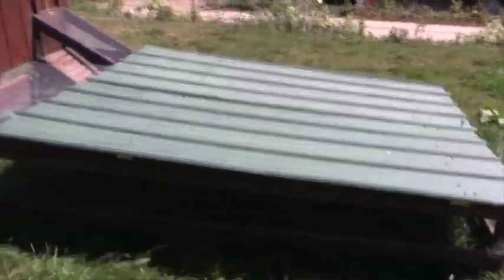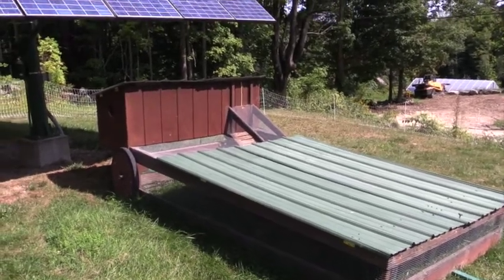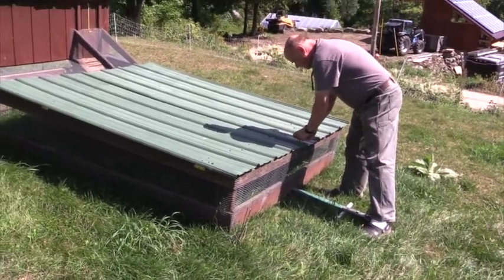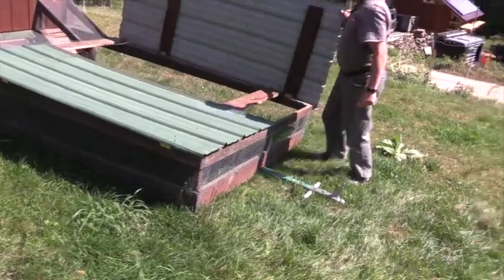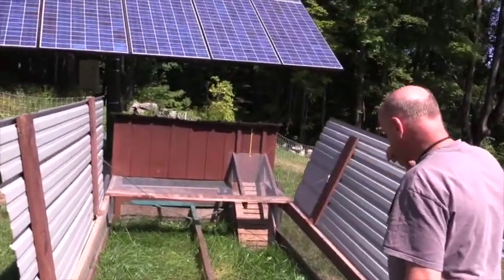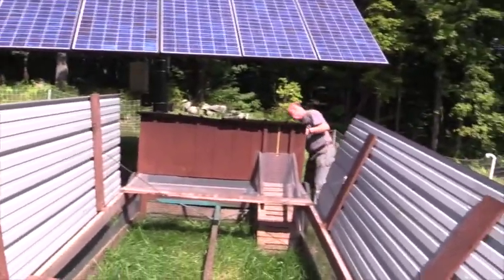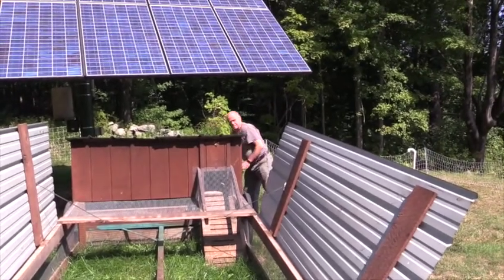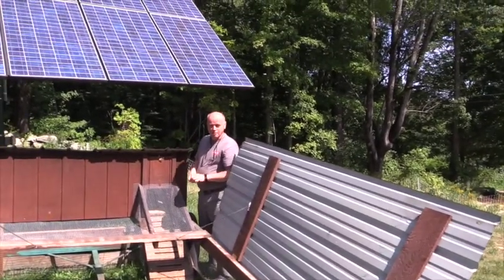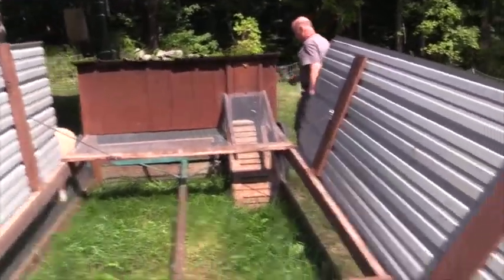Now this here is a chicken tractor. This actually was one year displayed at the Garlic and Arts Festival also. This works like this. Can open up. Basically the chickens are in here during the day, and then at night I open up this gate here, and they come up walking into the box. Then I close the box, so they're protected at night. They don't get eaten by coyotes or other wild animals. And then in the morning, before I let them out,